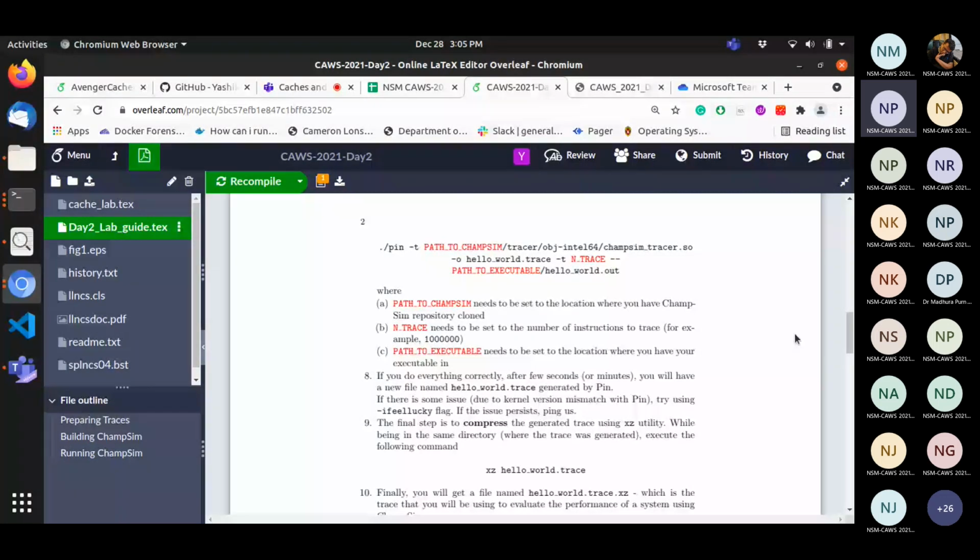Okay, so we will go further with it. The file is taking a lot of time. Even after 5 minutes, it is not coming out. Yeah, it takes time. Depending on your system, it might take quite some time. I have given the N trace value as almost 10 lakhs. Yeah, that's fine. I'll just wait for that.